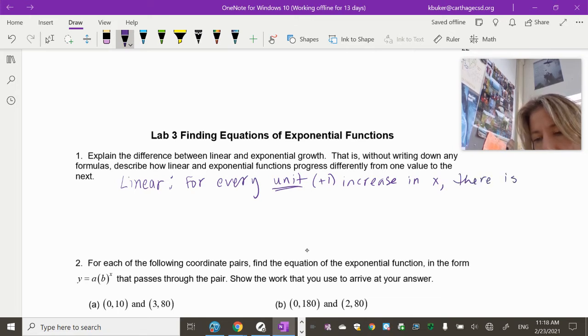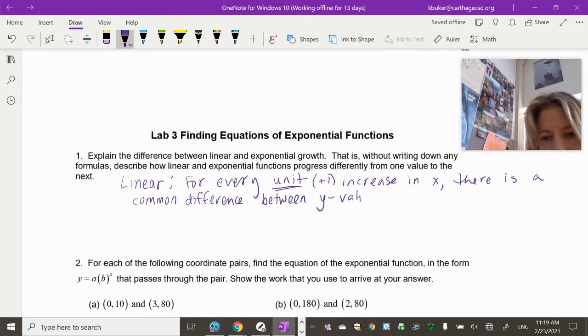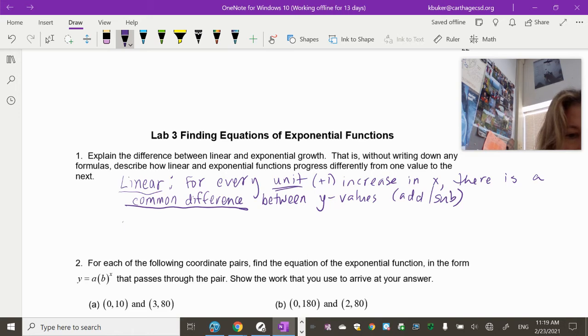and the number that you add or subtract is called the common difference. They're the same distance apart. It's called the common difference between the y values. Okay, so common difference means basically there's an adding or subtracting pattern. So common difference, that's a vocab term that you should know eventually. That's for linear. Okay, so for exponential,